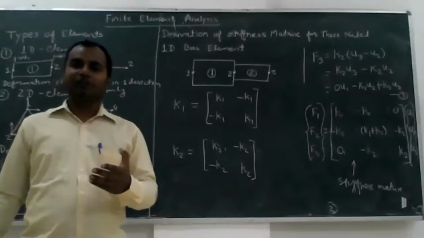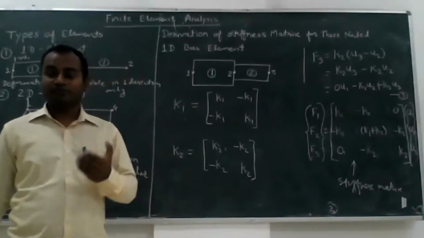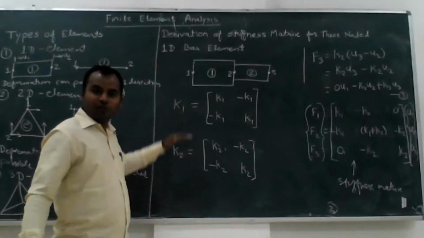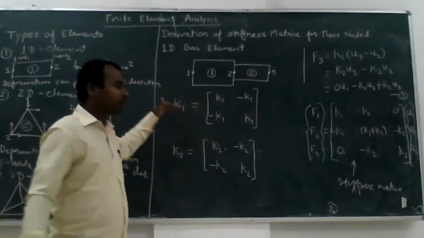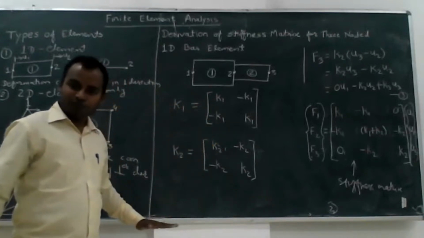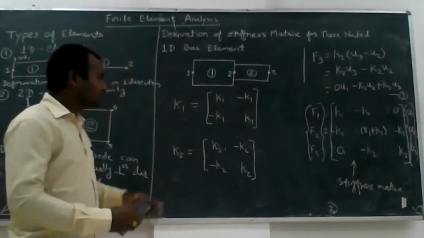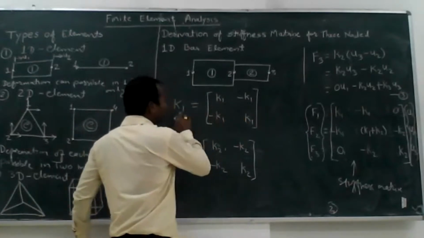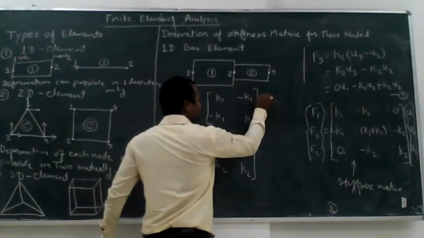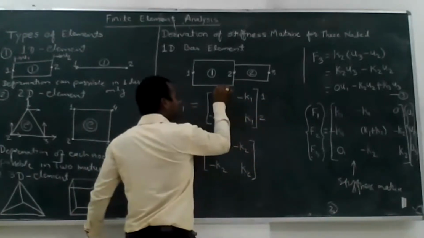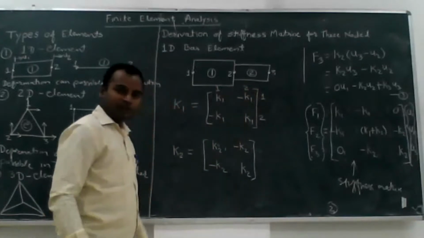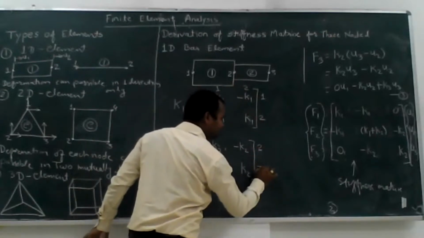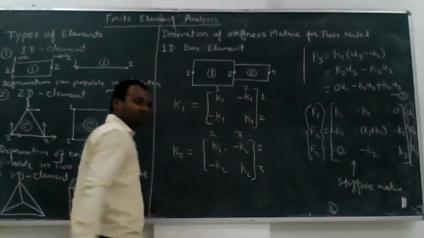Okay, so as per the steps of FEM, first of all, the step is discretization, develop element matrices. So these are the element matrices. If there are four elements, there will be K1, K2, K3, K4. So these are the element matrices. Now you express that element matrix in the form of nodes also. So element number 1, K1, will be for node number 1 and 2. Here also node number 1 and 2. For element number 2, the nodes are 2 and 3.